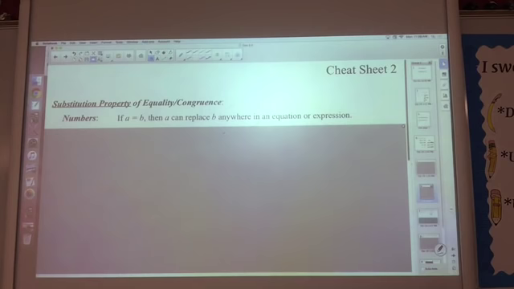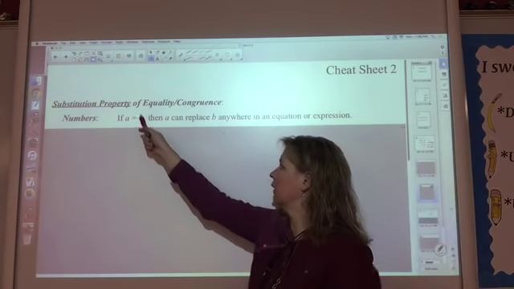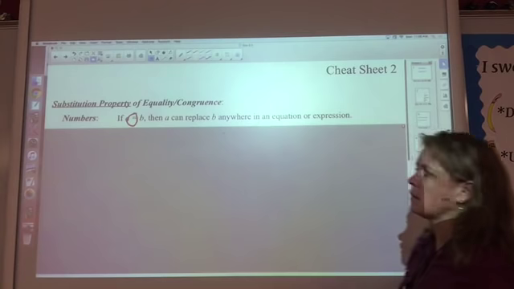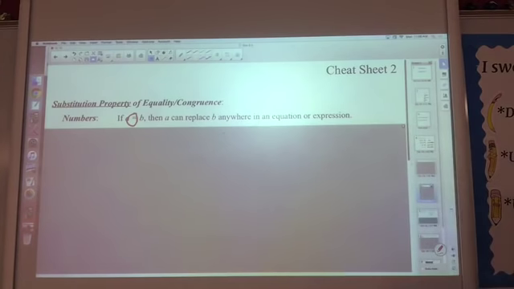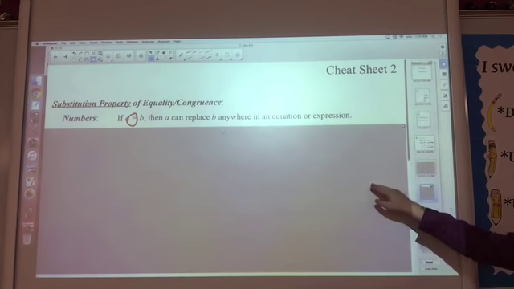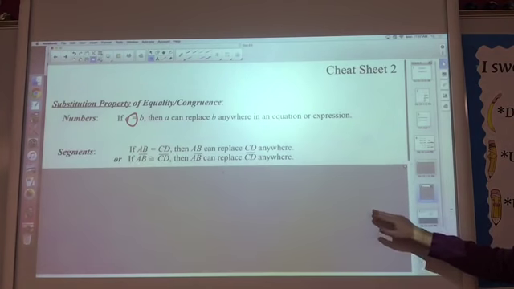If you're in a game and you get hurt or you get tired or you get too many fouls on you, they will put in a substitute. Something is going to go in its place. But notice it does have to be equal. If it's not equal, it doesn't work. You have to determine that it's equal. If I leave, they don't put a veterinarian in my place. Or if you are the quarterback and you come out of the game, they don't put a lineman in for you. So segments,